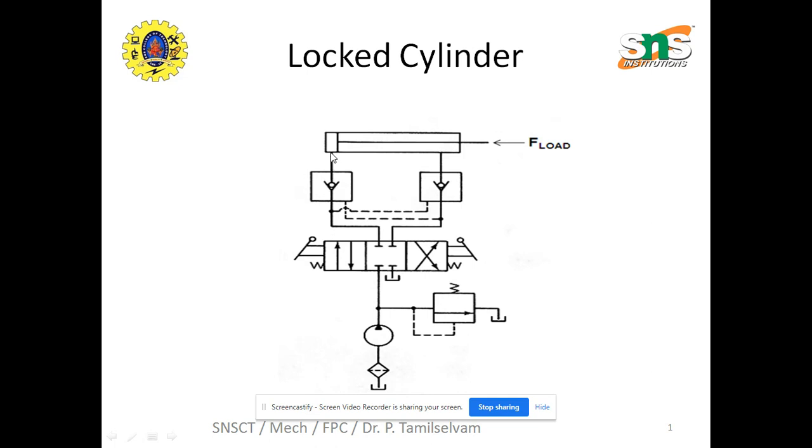The fluid will come here and it will go to this part of the cylinder, so that the piston starts moving towards right. By the time, whatever the oil present in the rod end of the cylinder will come here. If you look at this only, it will not permit flow to the downward direction. But this is called a pilot operated check valve. It means that the pilot operated check valve senses the pressure of this pilot line. If this line presents the oil, then this will permit the flow in this direction also.